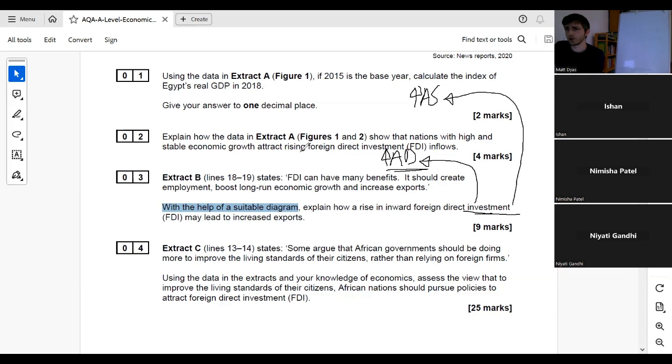Mira has said investment will lead to AD increasing. Investment in capital means there's a trade-off in labor, so unemployment increases potentially. What Mira said could be a good counter argument, because she's effectively saying if more capital is employed, then less labor could be employed, which could reduce income for consumers, and that could lead to AD decreasing. So that could provide a very interesting evaluation for this point that AD increases. Although what I'm really looking for is a very simple explanation of why aggregate supply increases if there is more capital in the economy.